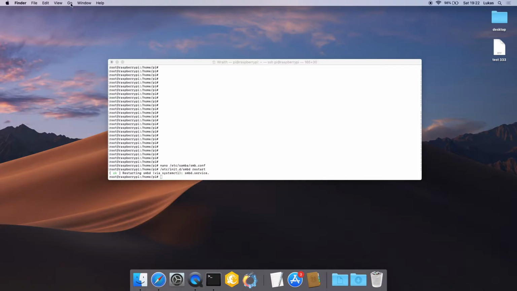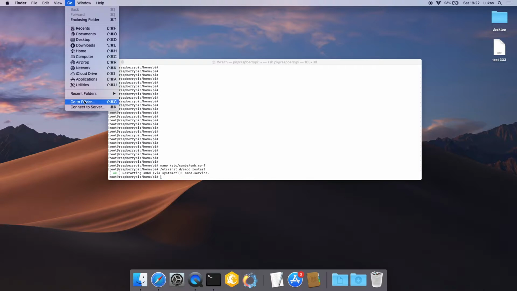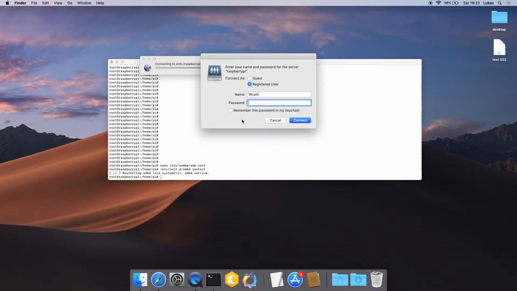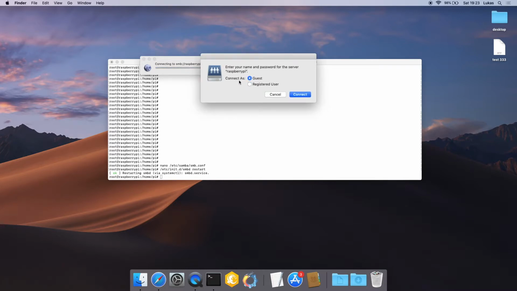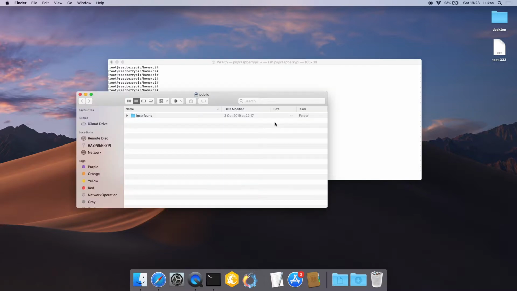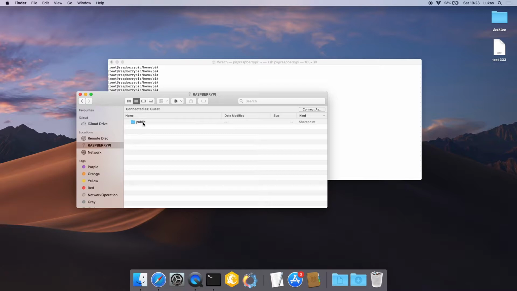Alright, and go to connect to server and type the Raspberry Pi host or IP, connect and check connect as guest, select the public, and you have access to your public folder